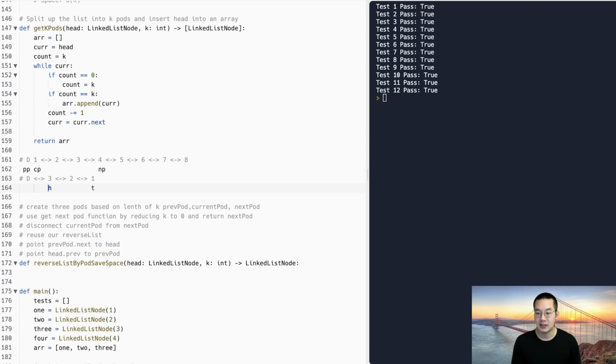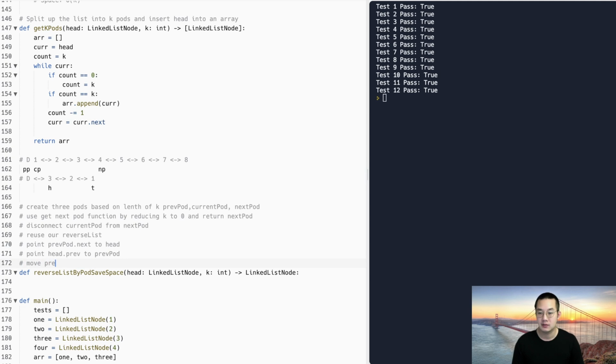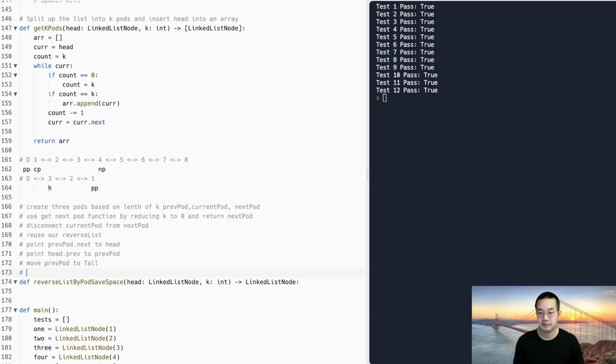Okay, after that, let's move the previous pod to tail. So now previous pod is going to be at tail, and current pod is going to next pod. So current pod is now next pod. So next pod is here. So this becomes current pod. Of course, remember we severed this connection here. And now we basically have the same